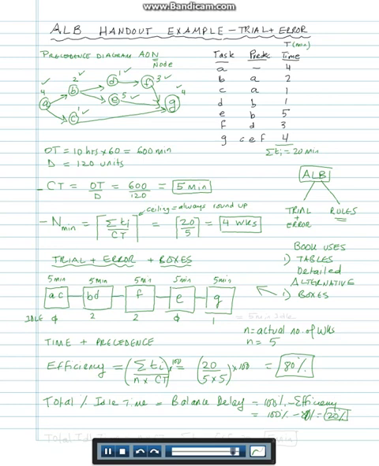So the total actual idle time I can calculate as n times CT minus the sum of ti. So that would be 5 times 5 minus 20. And so 25 minus 20 is 5 minutes. You can calculate it like this and then go back and confirm with the numbers that you calculated under the boxes, 0 plus 2 plus 2 plus 0 plus 1. That is also